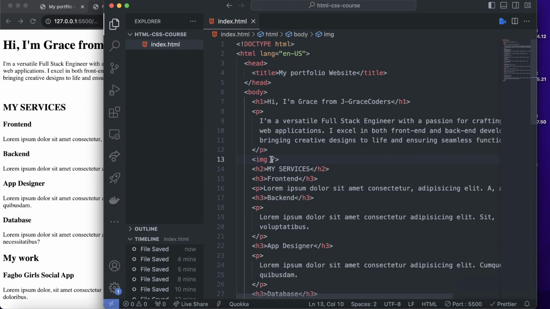This is because the image is a special element. It needs something else for it to work. And here we need to add what we call an attribute. In HTML, an attribute is simply used to describe an element or modify the behavior of an element. And we have many attributes in HTML, but for this image, we need to add what we call the source attribute. And you simply write src, you write equals to,